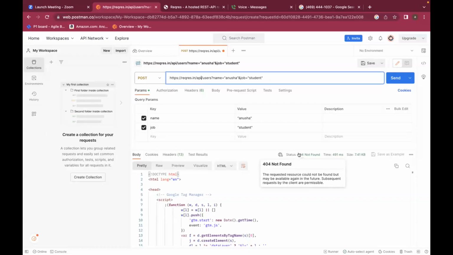But if you get 400 series, the problem lies with your endpoint. Anything less than 400, all of them are positive only, all of them are successful requests only. You'll get proper responses also. So successful requests are 100 to 399. Client side issues are 400 to 499. Server side issues are 500 to 599. This is what you need to remember. So is everyone understanding? Did you guys understand what I meant?